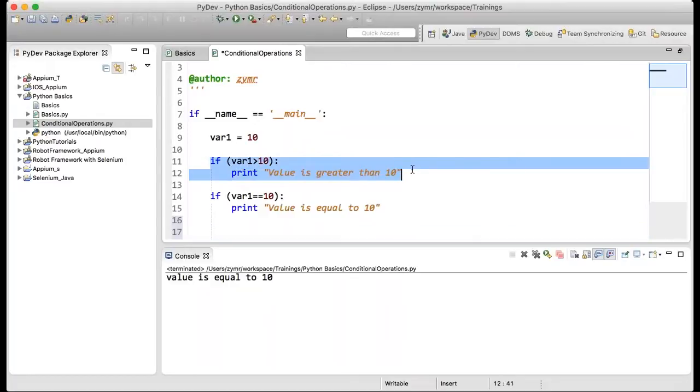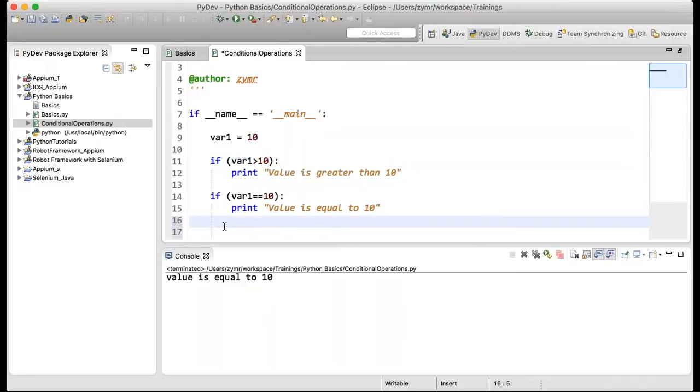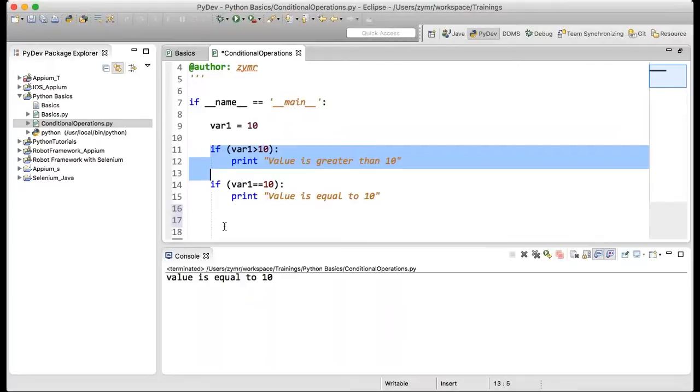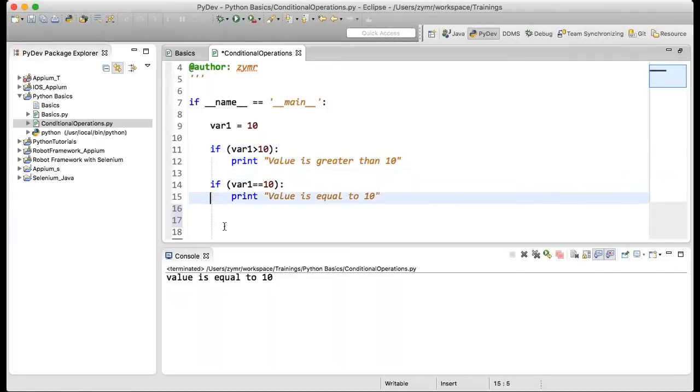Now I want to include the else statement also as part of my evaluation criteria. I don't want so many if statements to be part of my program, right? So what can I do for this?